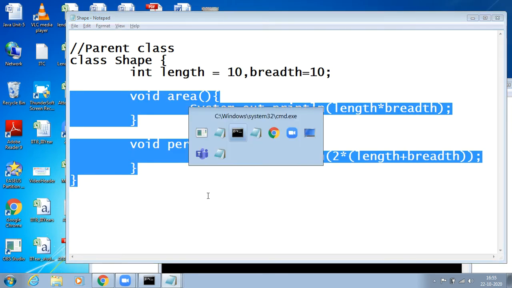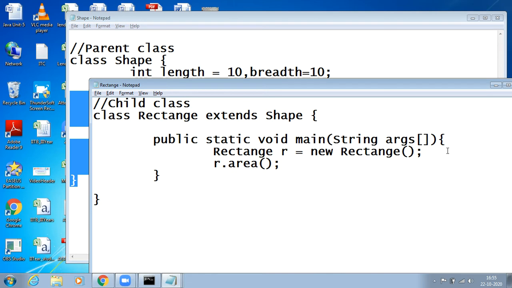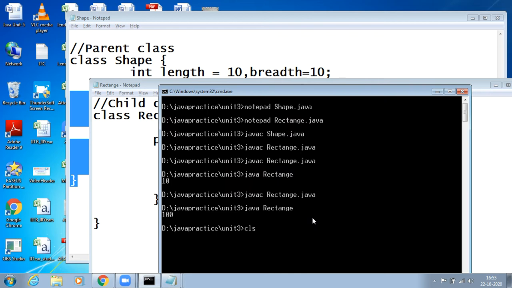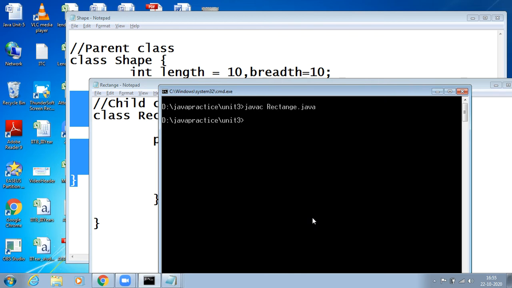You can even change the value of the Shape class, like I can say r.length equals 31 and r.breadth equals 12. Now again compile it and run the program.